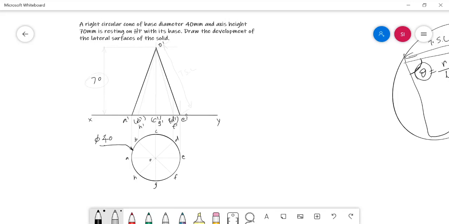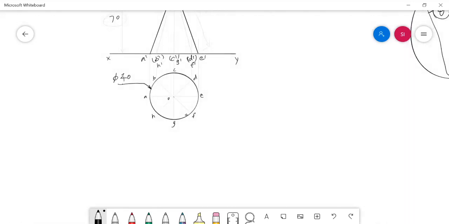So for our understanding, I am approximately considering it as 75 mm, and the theta value can be found analytically. The theta of the sector will be equal to r by L into 360. Already I informed this formula.